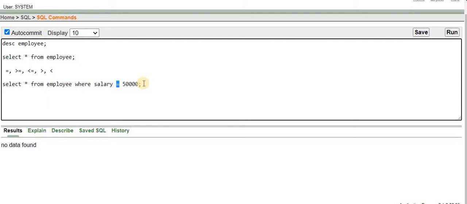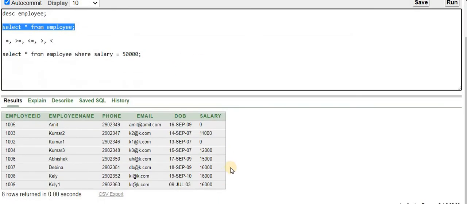So this is the way you can use the first relational operator, the equal operator, to get records from an existing table. Now we will see how we can use greater than or equal to. I am going to write a script. Our main intention is to select the records; you can find here that 8 rows are available. I wanted to get the records whose salary is greater than 12,000 or equal to 12,000.